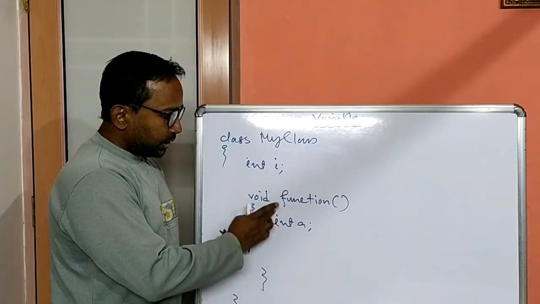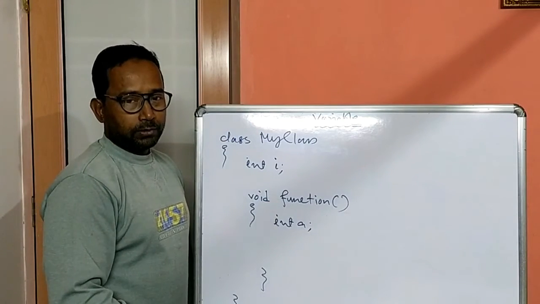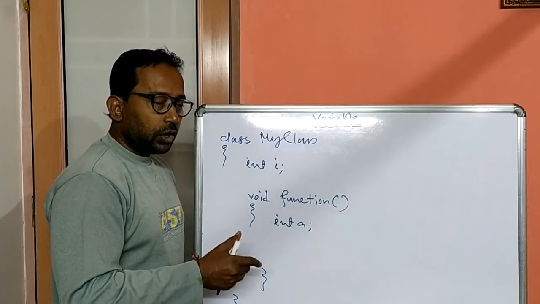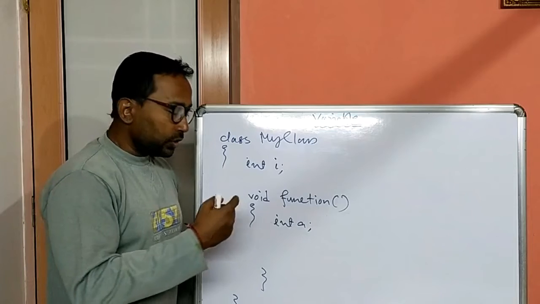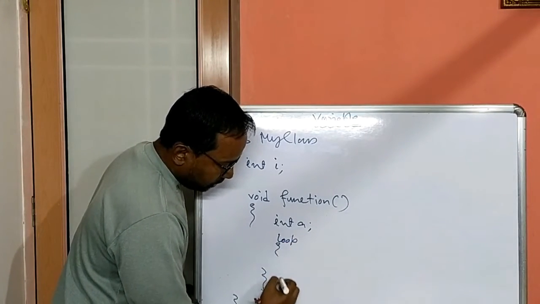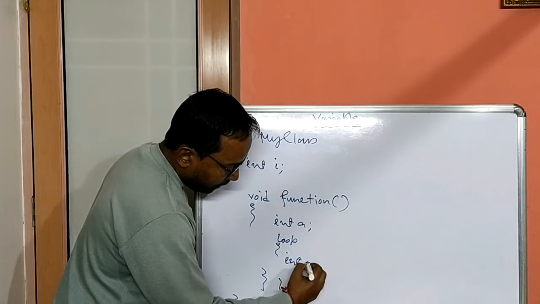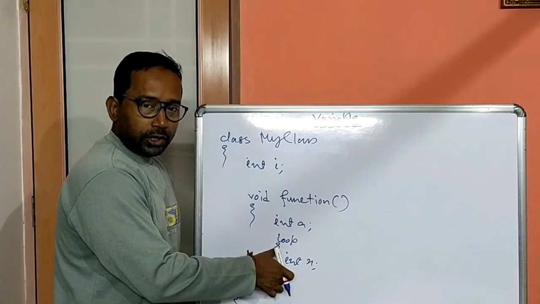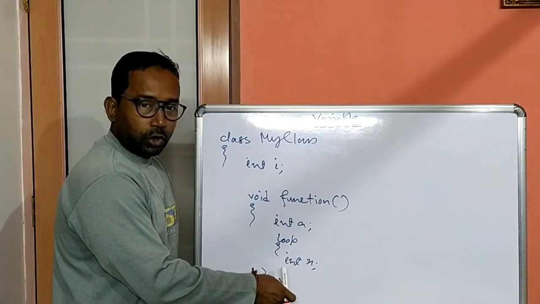But the variables that are declared inside a function are called local variables. Now, local variables can be declared inside a function or sometimes inside a block, also inside a function. Like here I have one loop. In this loop, if I declare variable x, that variable's scope is in this block only. It cannot be accessed outside of this block.